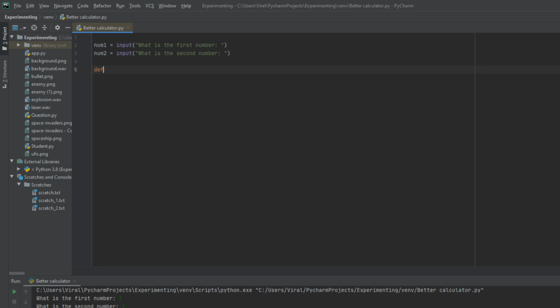So def, we're gonna say sum, and we're gonna set it equal to the parameters of num1 and num2. Okay, so now we want to make it so that now we want to make the sum variable. So sum is equal to